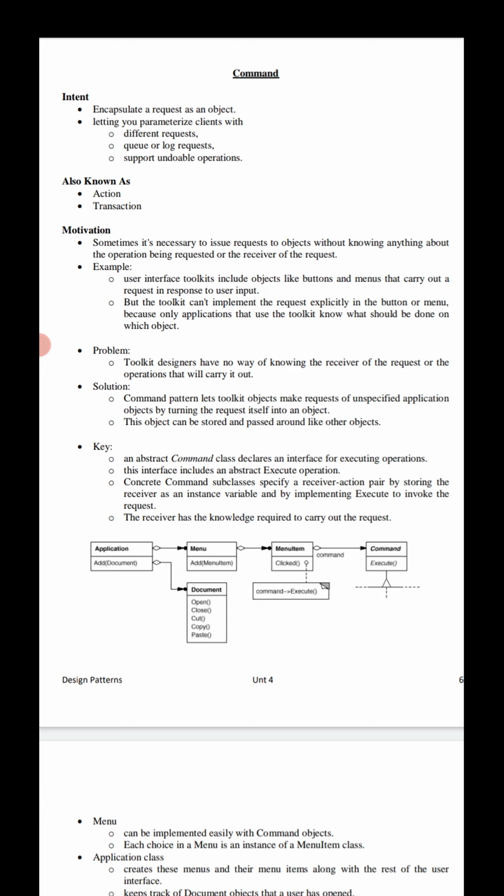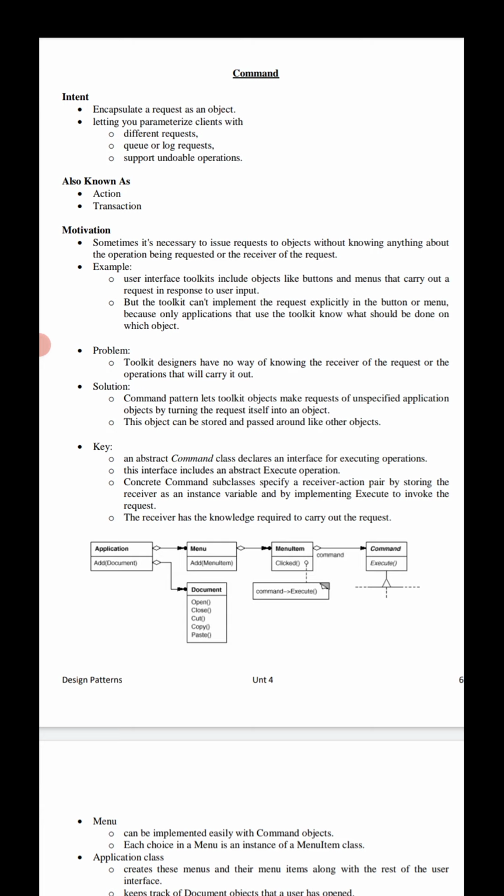For example, let us take a user interface toolkit. It includes objects like buttons and menus that carry out a request in response to the user input.